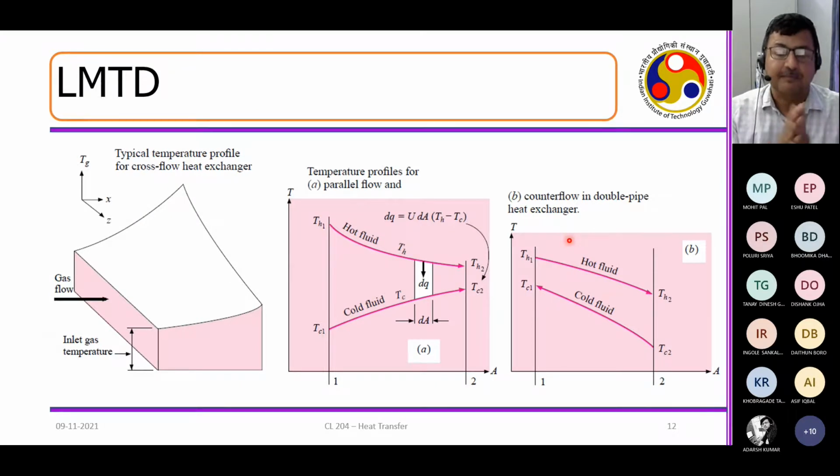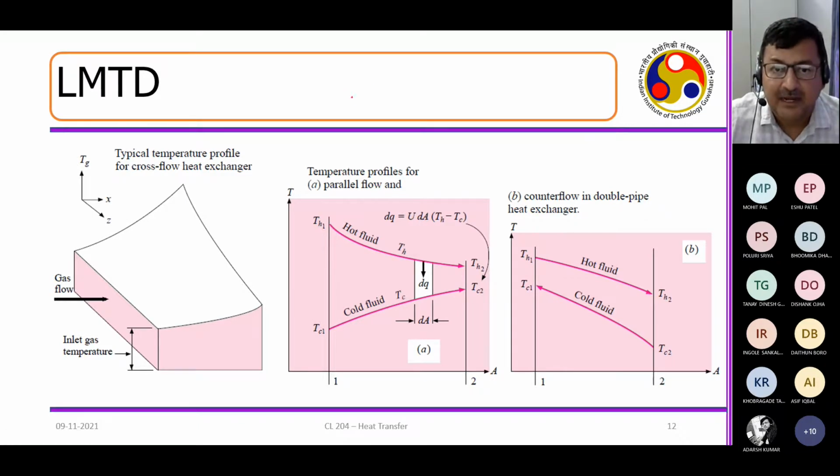One very important thing. We have touched upon one factor called the heat transfer coefficient. Second, we have touched upon the factor called the area. The third factor which we need to really worry about is the temperature difference. This is where normal simple calculations and heat exchanger calculations are different.